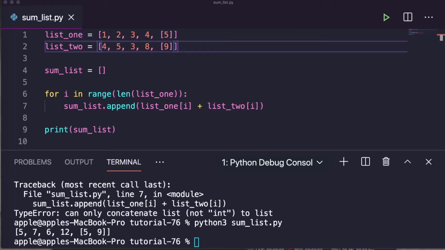The zip function returns a zip object, which is an iterator of tuples, where the first item in each passed iterator is paired together, and then the second item in each passed iterator are paired together. If the passed iterators have different lengths, the iterator with the least items decides the length of the new iterator.